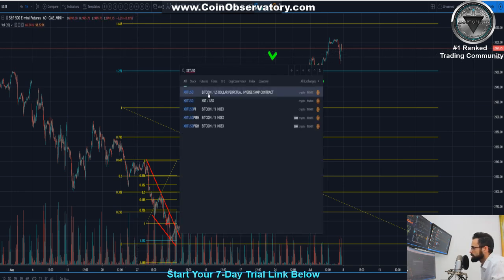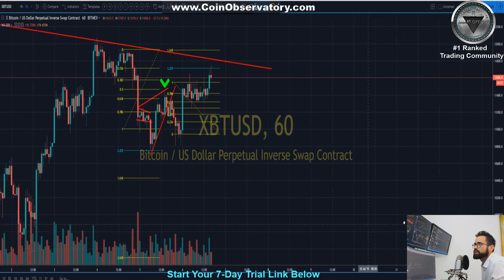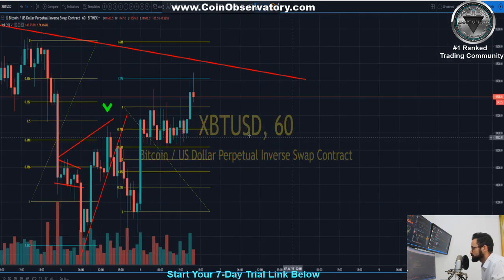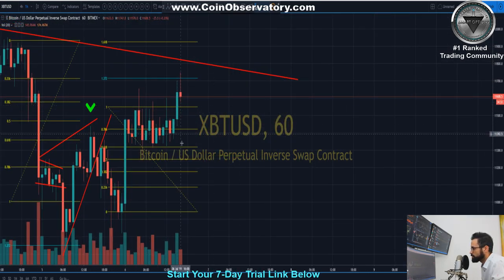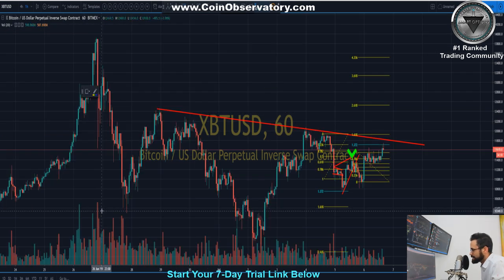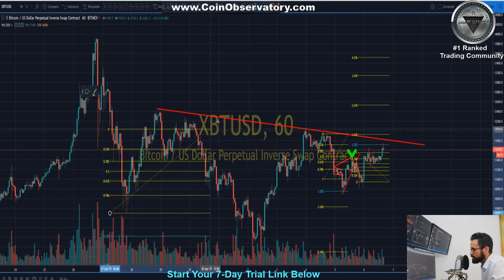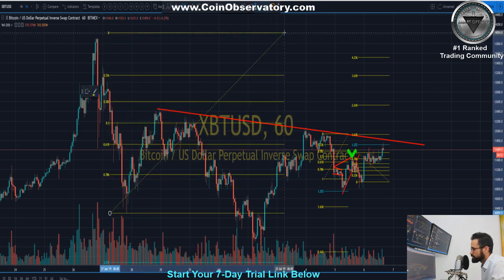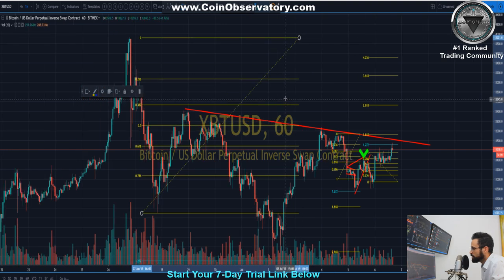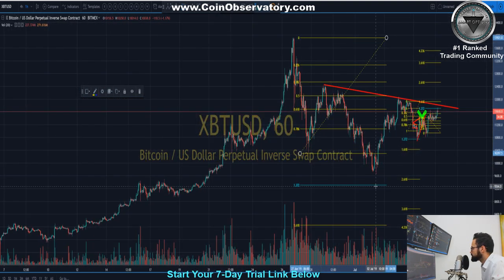Going back to Bitcoin, the other examples I showed you, we could reject back down in a failed breakout. We can turn back around. I don't think this is a 1.2 off this big move up. I haven't fibbed that, and it's definitely not. So the 1.2 of this is going to be a lot further down at the 9,200 mark. So if this impulse down move was to continue and we were to see more of an extension,